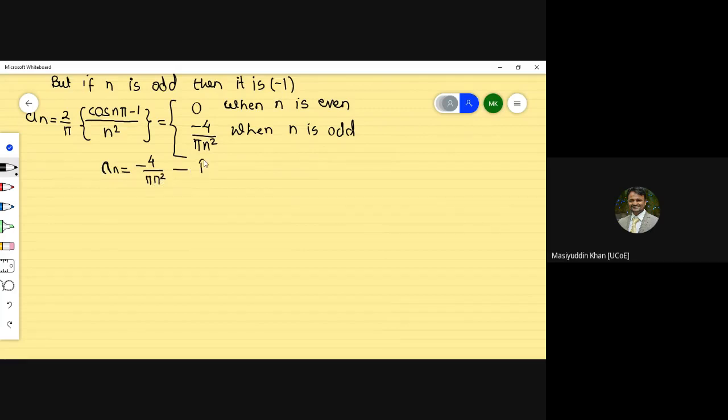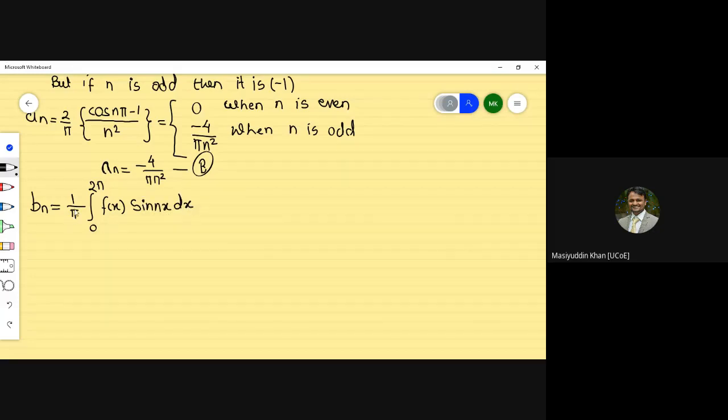This is the equation number. Now moving to the next part, b_n is equal to, again the same formula, 1 by pi integral 0 to 2 pi f of x into sine of nx